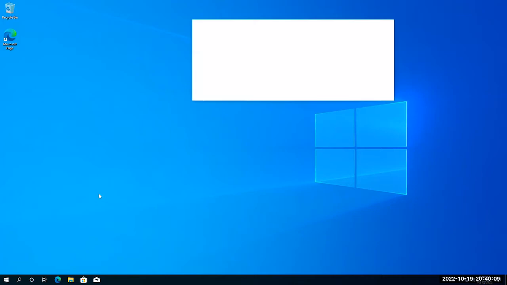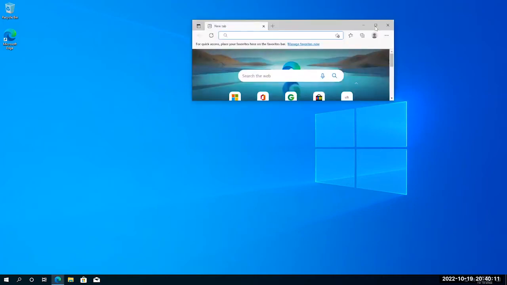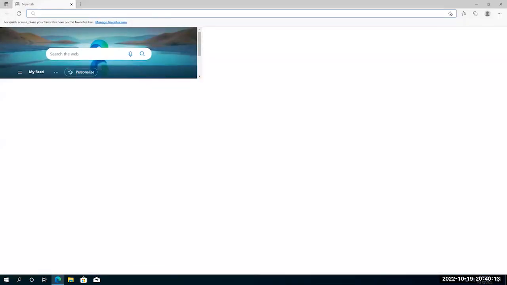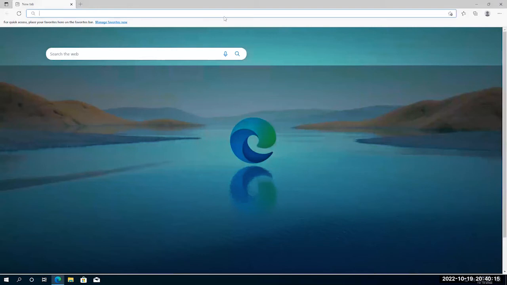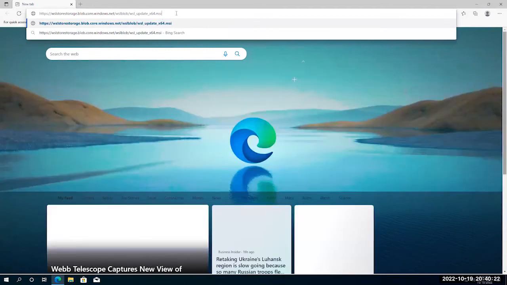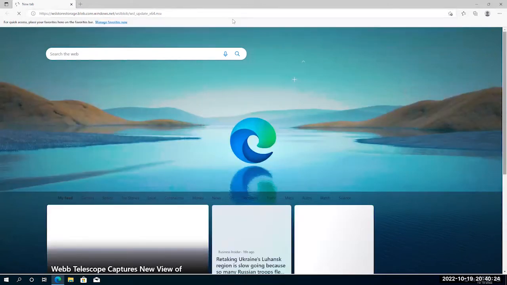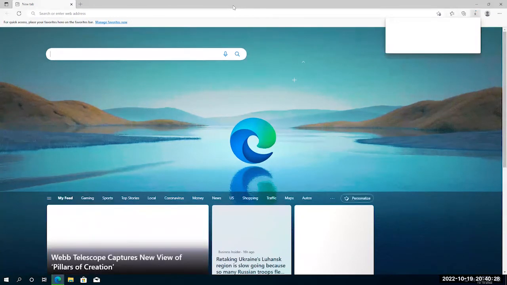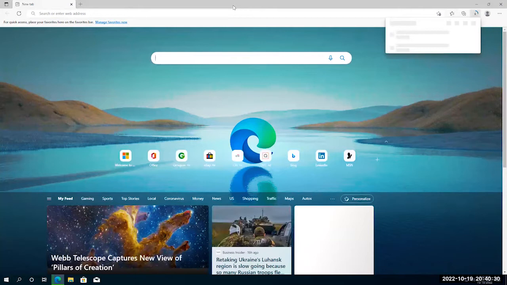I'm gonna open up a browser, and I'm gonna paste this URL here. This is the Windows Subsystem update. It's not an executable. I lied. It's an MSI file. Very similar. So I'm gonna let that run, and this should update my Windows Subsystem for Linux, and that should prep it